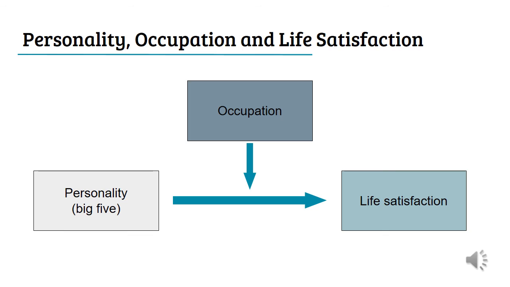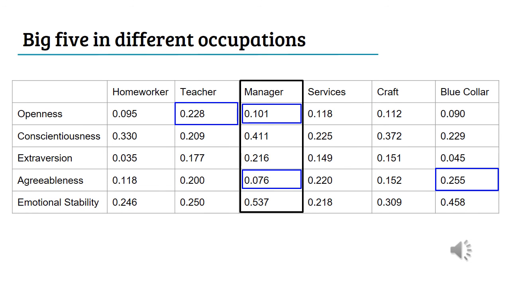Another interesting study is provided by Winkelmann and Winkelmann. The goal of it was to analyze if the occupation is moderating the effect of the Big Five on life satisfaction, meaning if your personality makes you happier in specific jobs. You can see the results of their study on the next slide. From an economic perspective, the manager seems to be the most important occupation in this study, so there was a focus on it. The authors found out that if you are high on emotional stability, conscientiousness, and extroversion, there is a great influence on your life satisfaction. On the opposite, it does not seem to be important if you are high on openness or agreeableness.